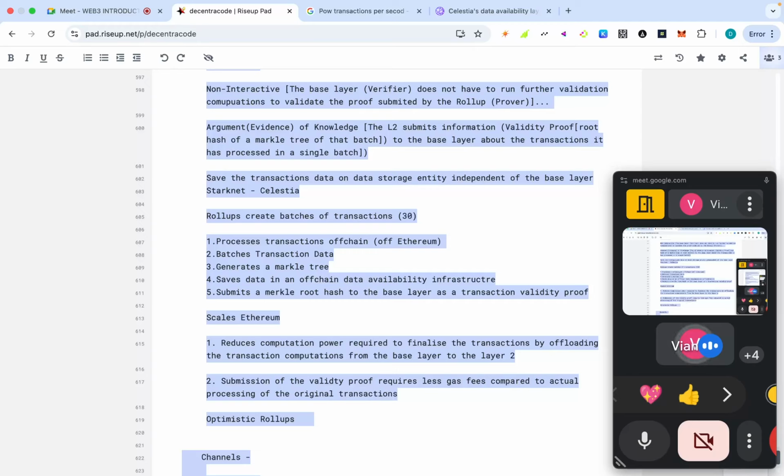So if Ethereum had to, since we're doing Solidity, by now you understand that every opcode